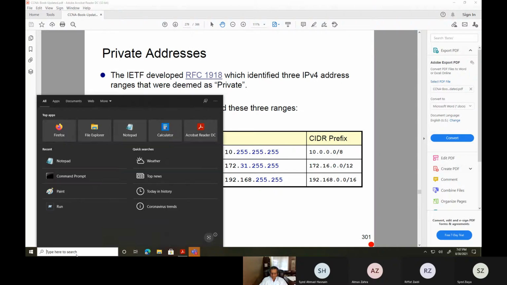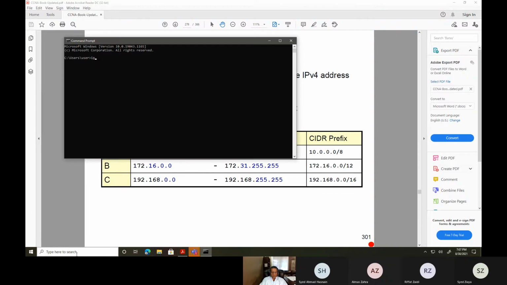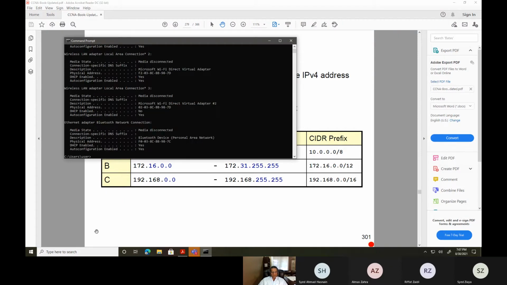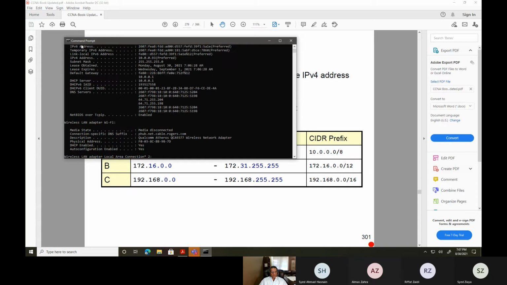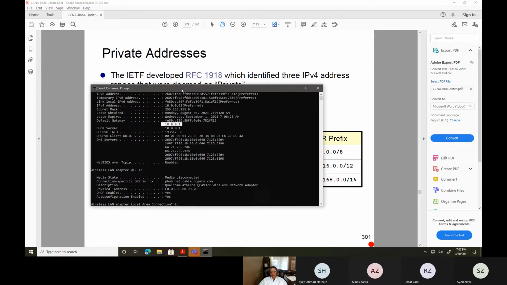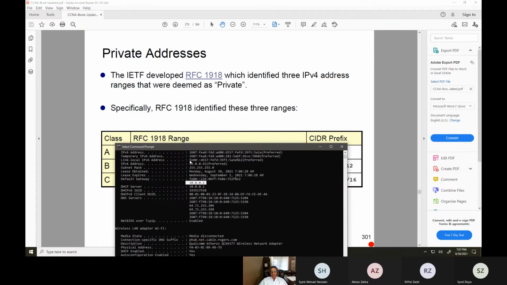So if I give you an example, if I do ipconfig /all, if you look at my IP address, this is my IP address, my apologies, 10.0.0.93.